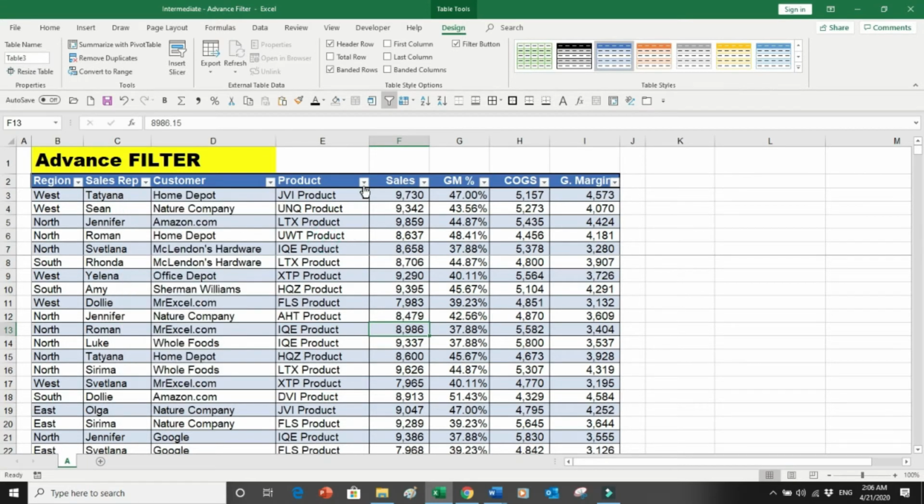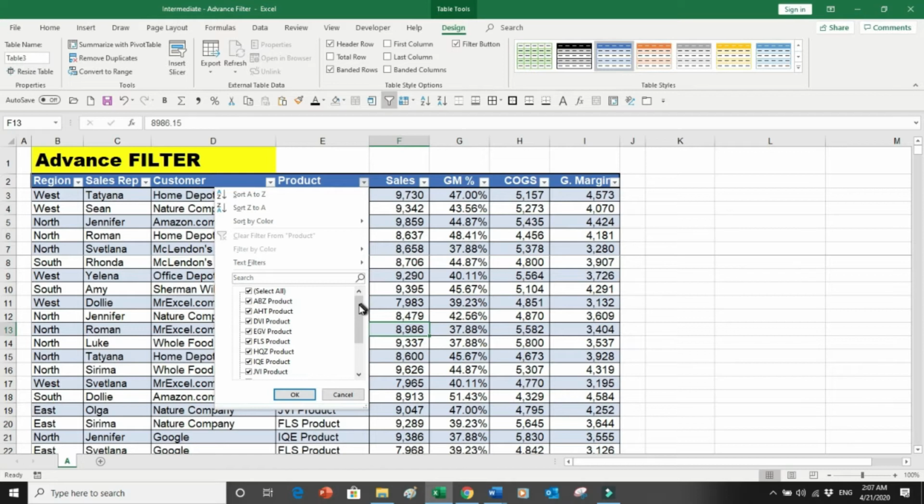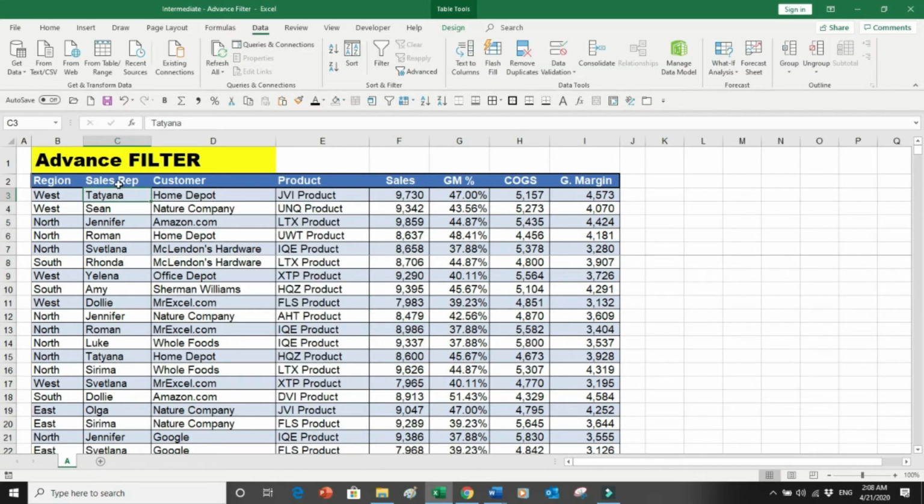Let's go to the product. So let's look at some of the advanced filter features. For example, this is a list of all my sales reps, and I just want unique names. I don't want names to be repeated. I want one name to be displayed once, so that I can see how many sales reps I